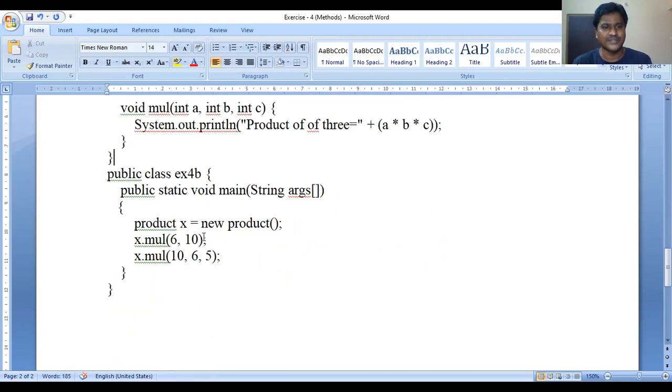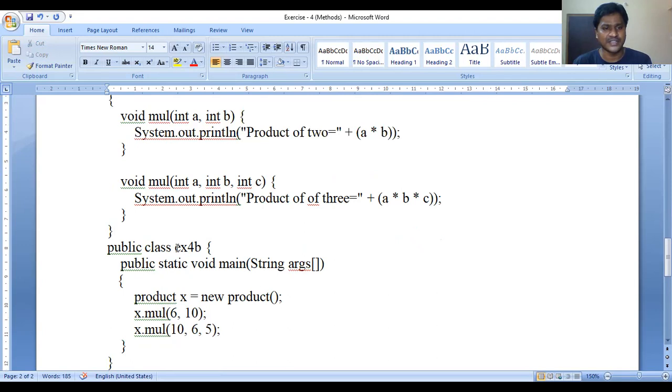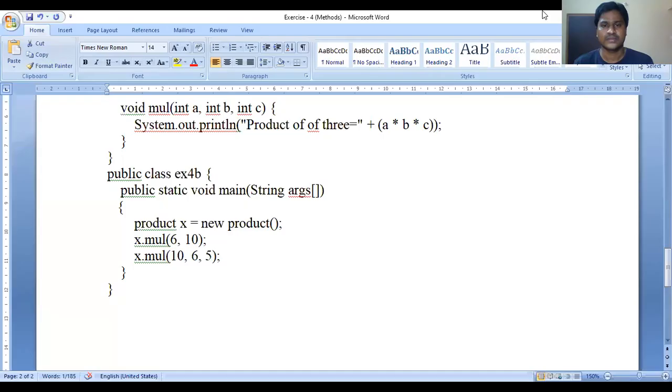And coming to the main class here, Ex4b. The class that contains the main method will be considered the main class, and that main class name should be the file name in Java. Okay, now coming to the main method here.